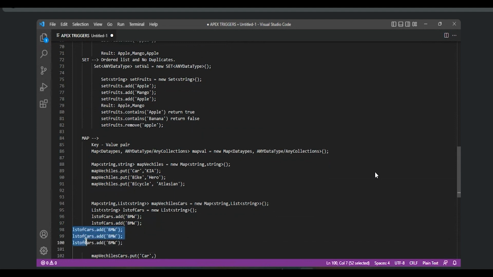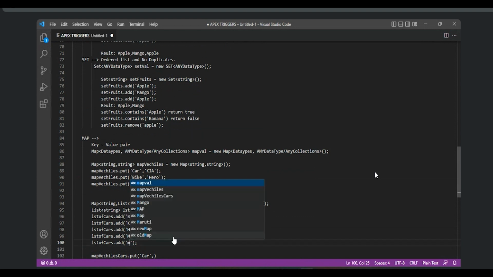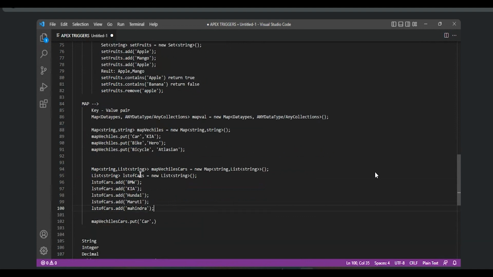We have a lot of other companies, right? BMW, Kia, Hyundai, Maruti, Mahindra, right? So now what I can do simply here, the cars, is I can put the list of the